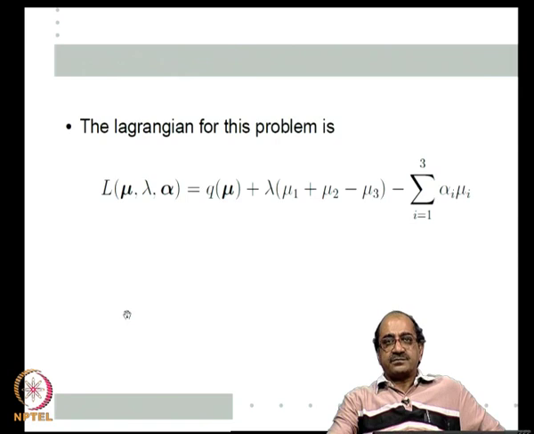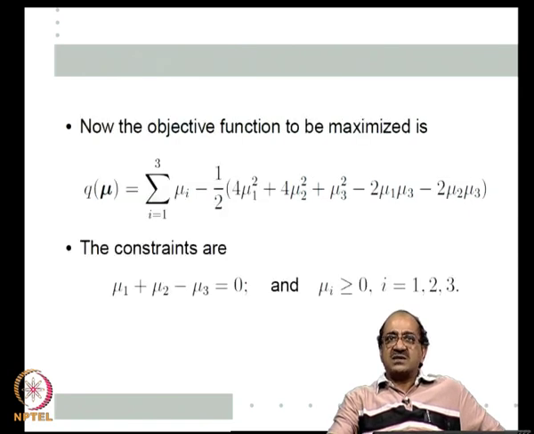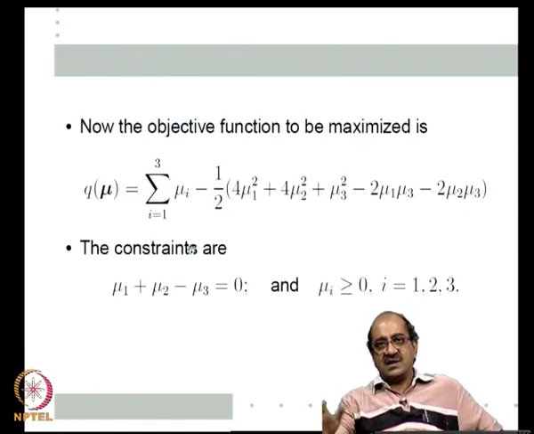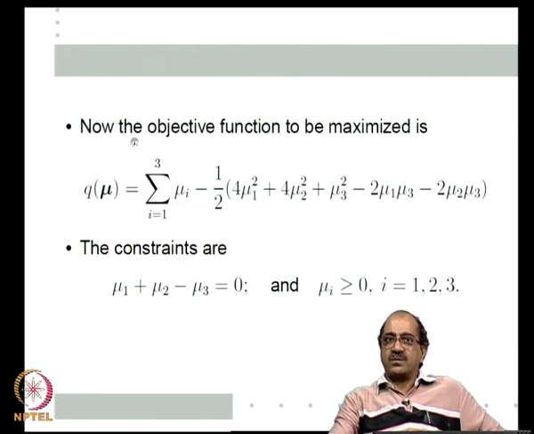So, let us form. This is the dual, but it does not really matter to us. This is just a constrained optimization problem with this as the objective function. These are the constraints. So, I can once again use Kuhn-Tucker conditions. To form the Lagrangian, it is q mu plus a Lagrange multiplier times the constraint. I will have one Lagrange multiplier for this constraint, let us call that lambda.